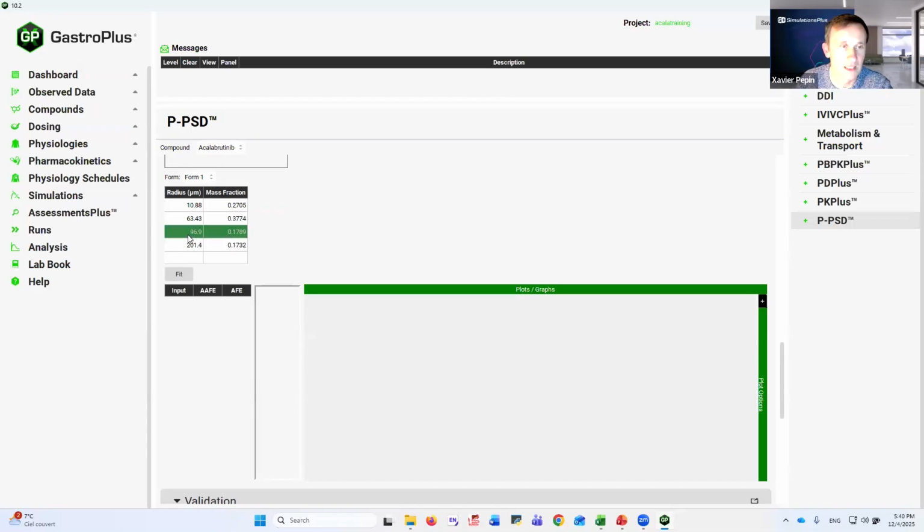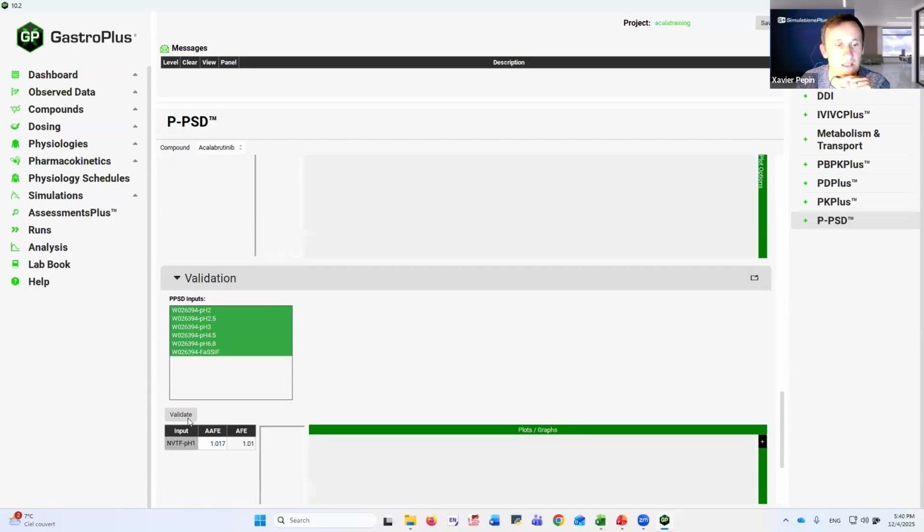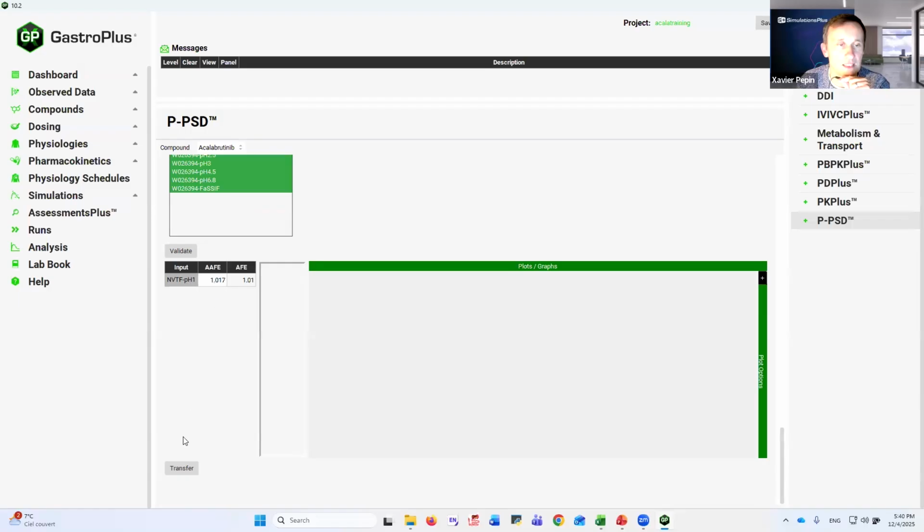For example, here you select the line, you click on delete row, and that would remove that row, and then you could sum up the mass and then just do validation again. So you don't click on fit, you click on validate again. And if you're happy with that new validation, you just transfer again. If you keep clicking on transfer, it will create a new observed data,